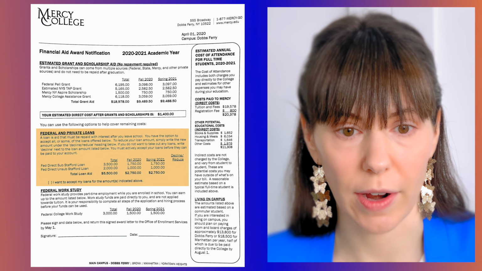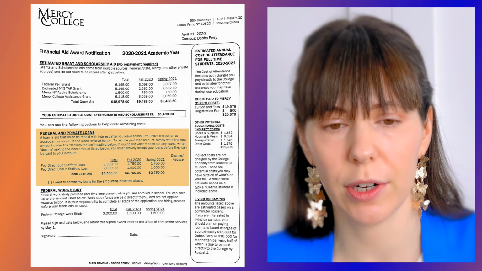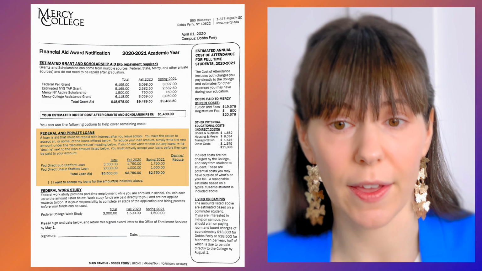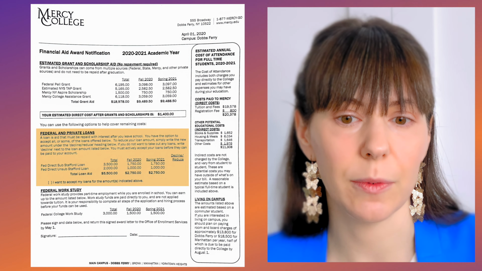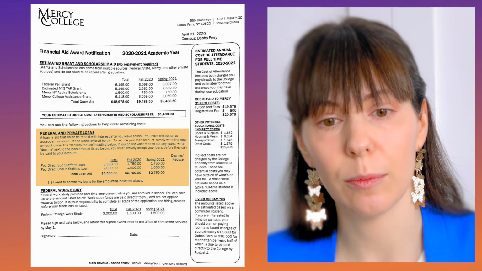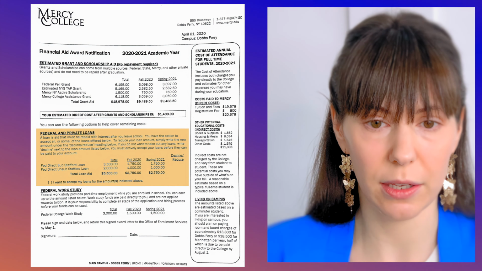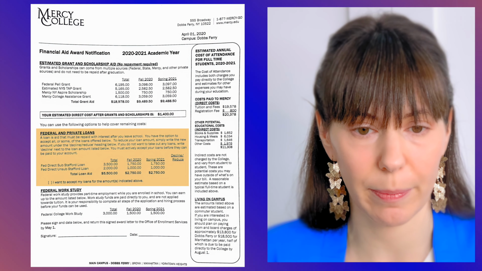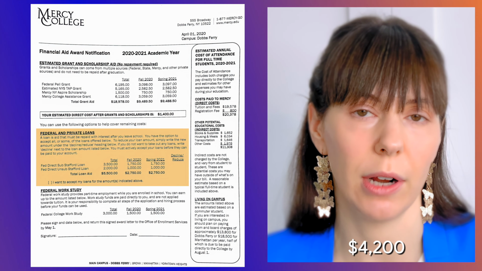So you see the direct and unsubsidized loan, the $5,500. We're used to seeing that. We remember the $5,500 is the loan cap, right? So those are loans we can say yes to. And they're willing to give him $3,000 in work study. Okay, cool. So now I add that up, $5,500 and $3,000, that gives me $8,500. And so I subtract that from the $12,000 that I figured out before, which is his room and board, tuition and fees, minus all of the grant and scholarship money that he got. And what I figure out here is that he will have to pay $4,200 a year.